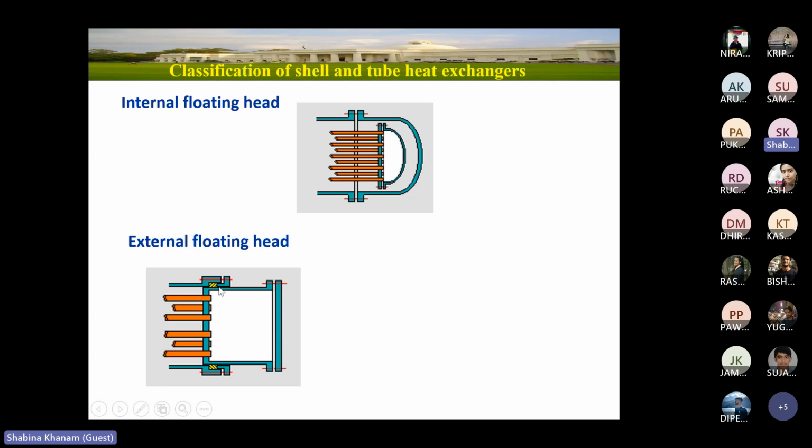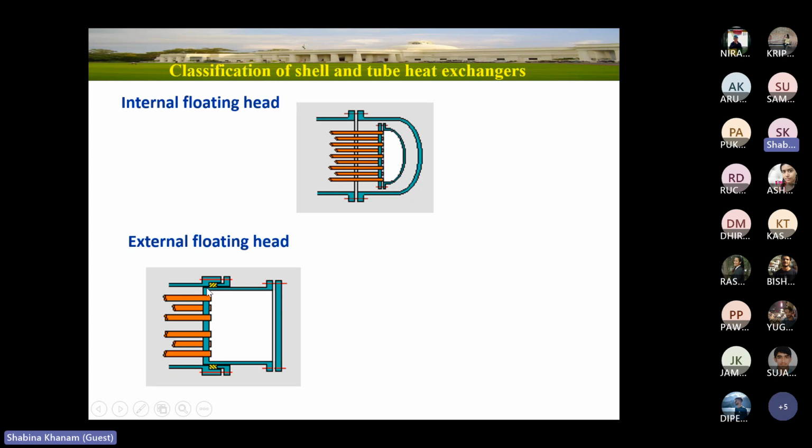Between these two, whatever metal part irregularities are there can be filled with this gasket. But the problem is, though it can accommodate high temperature and fouling tendency with a smaller diameter shell, everything is positive over here, but the point is when this slides,